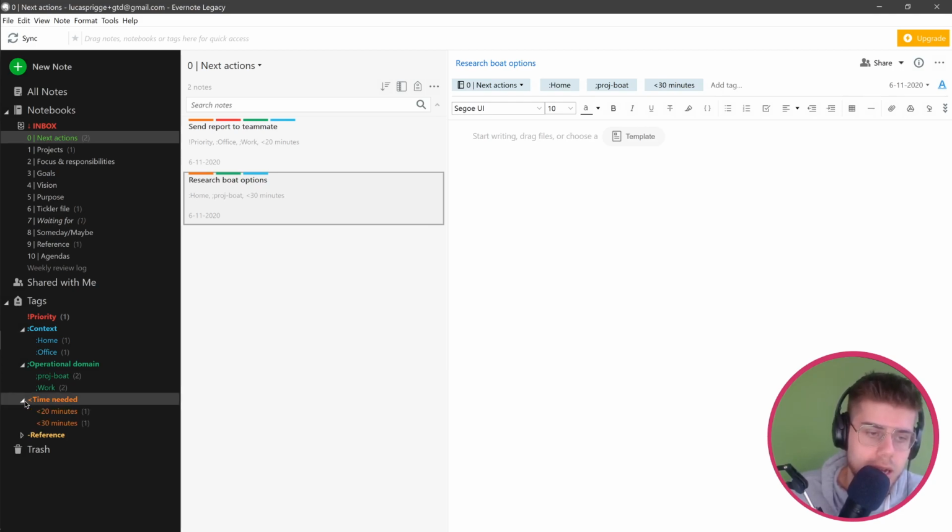Moving on to the other tags, you can see an orange one as well, which is the time needed or time required tag. Now you can set up any intervals here that work for you. In this example, I just created two that indicate it is 20 minutes or less, or it is 30 minutes or less. That is not actually true. So basically what this indicates is if the 30 minutes or less tag is selected, it means it's between 20 and